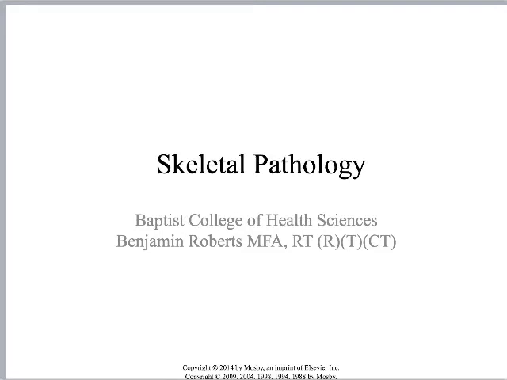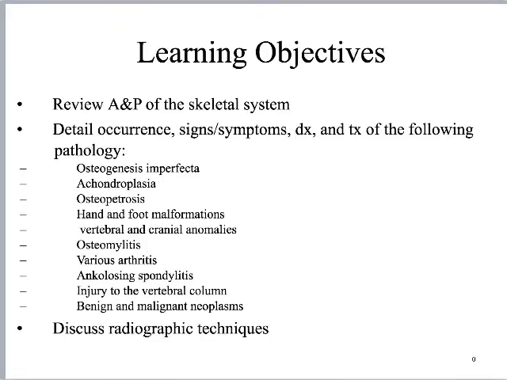Okay, we'll talk a little bit about skeletal pathology, and we've got a big long list of things that we're going to be looking at here. So we'll briefly review anatomy and physiology of the skeletal system, particularly different types of joints and things like that. We'll detail the occurrence, signs, symptoms, diagnosis, treatment of the following pathology: OI or Osteogenesis Imperfecta,